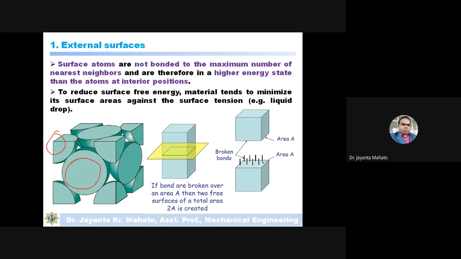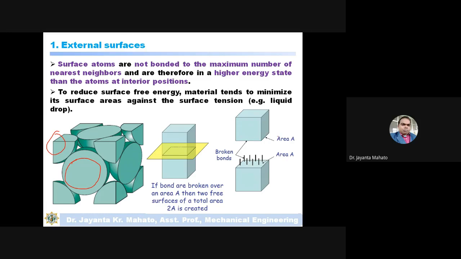this surface tends to separate from each other. So like this, this surface will break up. So what happened? This is the initial structure, and if somehow we consider this surface is this one, then due to the higher state energy, this surface will be broken out, means it will split into two parts. So two areas will form.